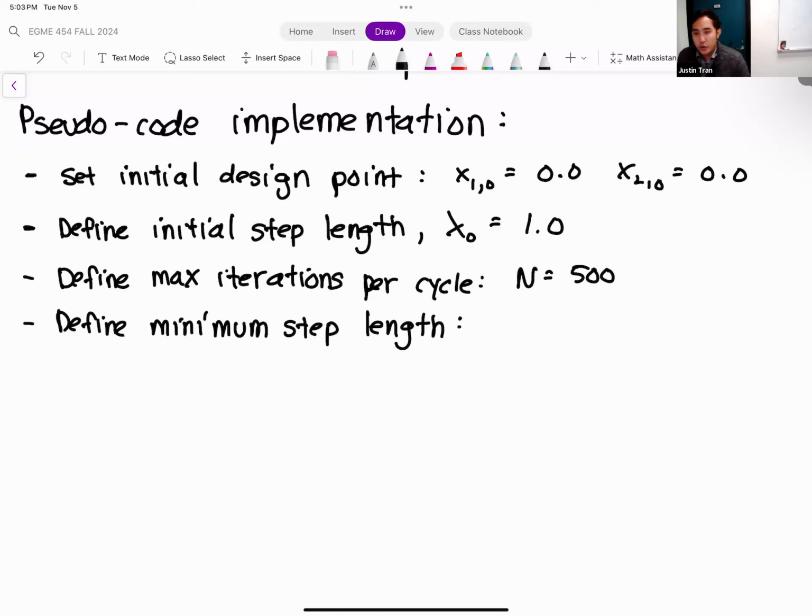And then finally, we define the minimum step length. That's the smallest step size that we'll tolerate before we terminate the algorithm, and we set that to 0.05.